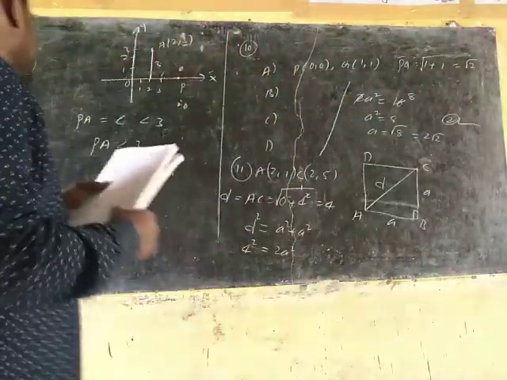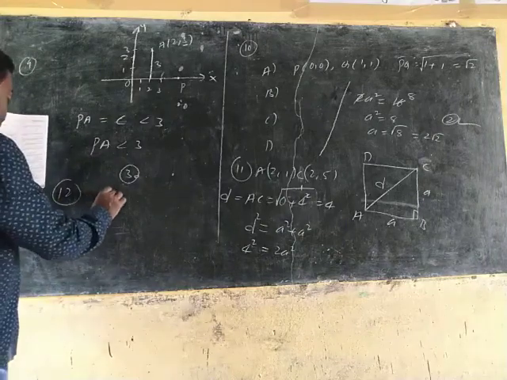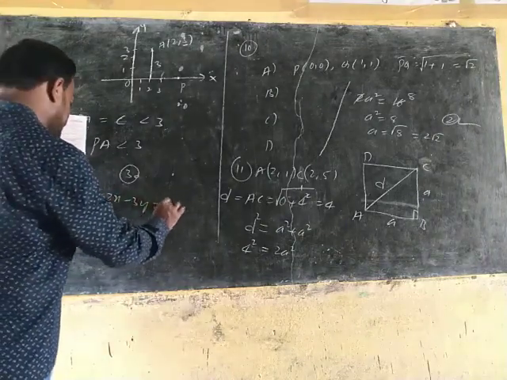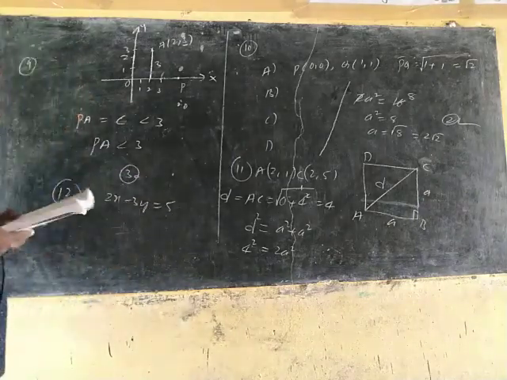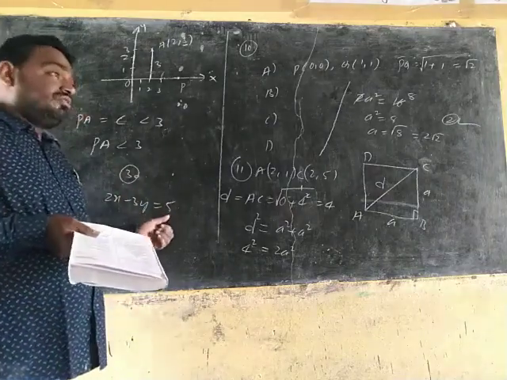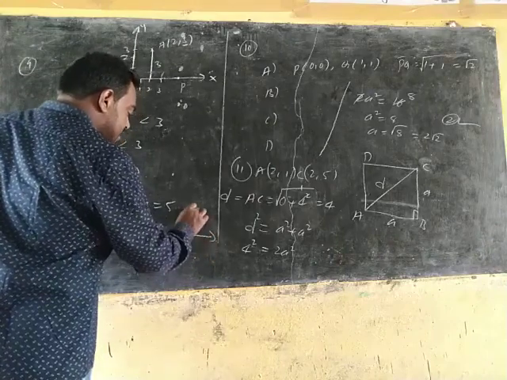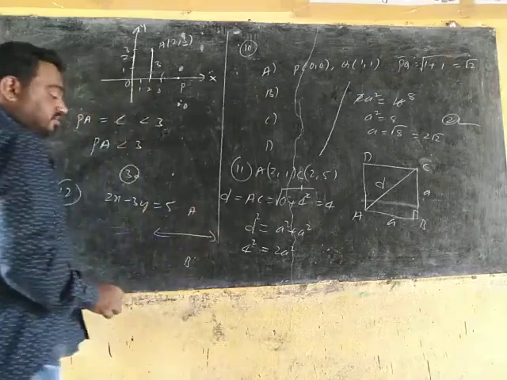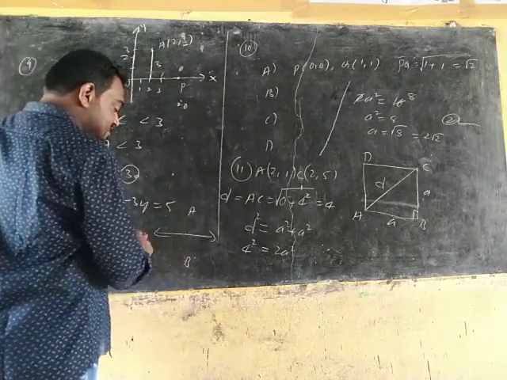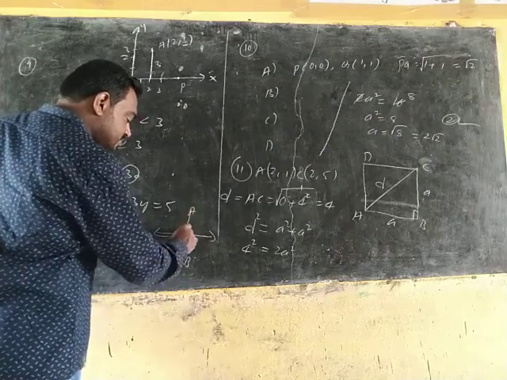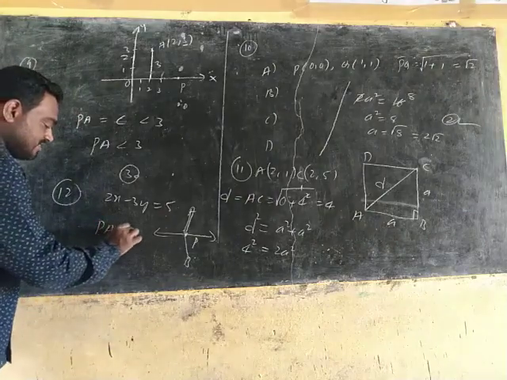Next, the 12th question. The point lying on 2x minus 3y plus 5 is equidistant from two given points, and they have given options. Understood this one? So this is one of the lines, and two points are there, for example A and B. One of the points is equidistant from these two points and lies on this line. The distances here are equal. So PA is equal to PB.